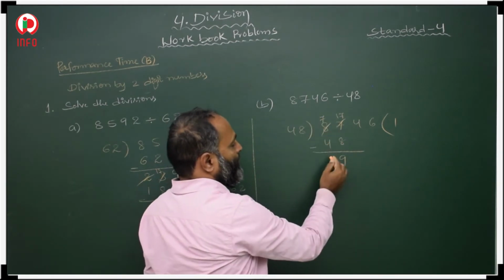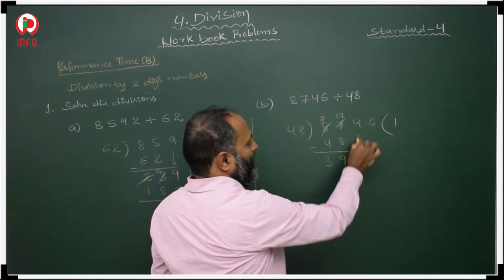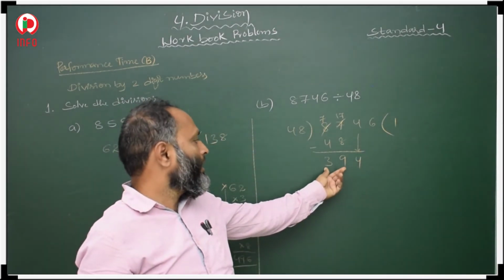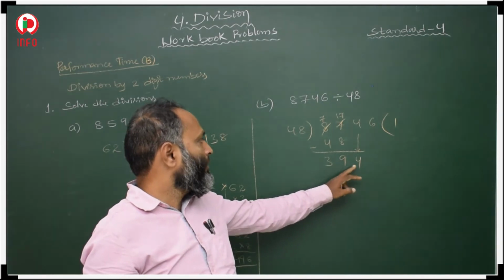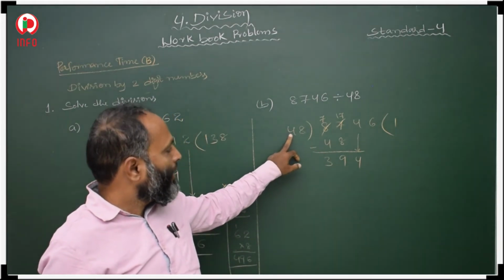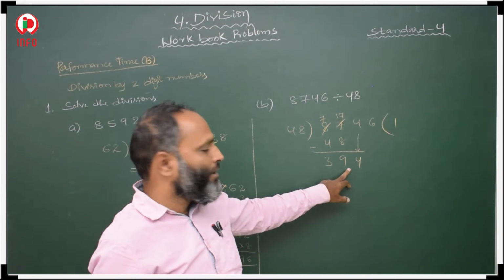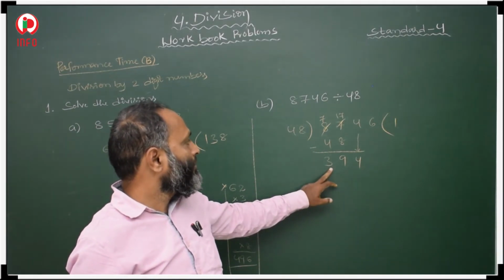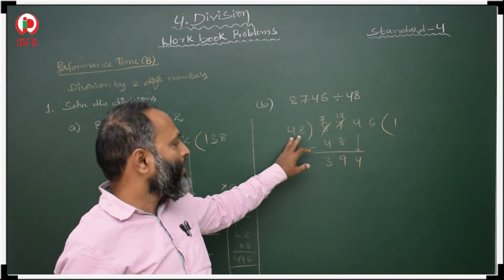7 minus 4 is 3. 39. Now we have to take next 4. Then here 39. In the 4 table, when will we get 39? 4 9s are 36. So 48 9s are...